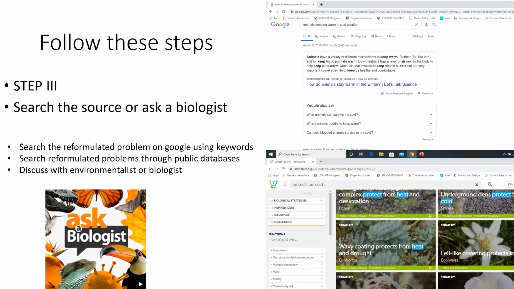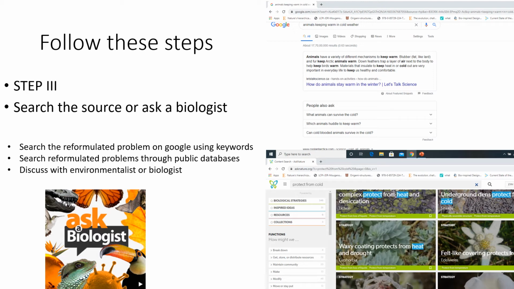Step 3 involves searching the source or asking the biologist. Here we use the keywords of the reformulated problem on Google, or we can use the keywords with the asknature.org database.